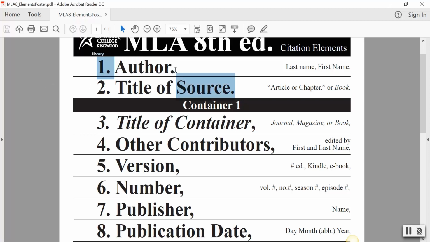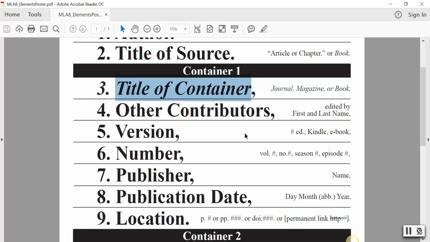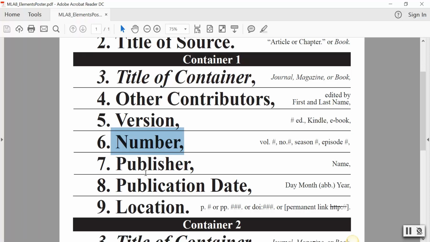First, we'll need an author. We'll be looking for the title of the article. We'll be looking for the title of the journal that it's published in. There will likely be some numbers, so the volume and issue number of the journal that the article is found in will have a publication date